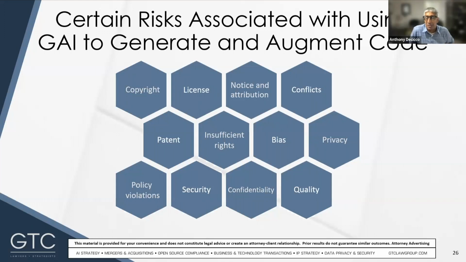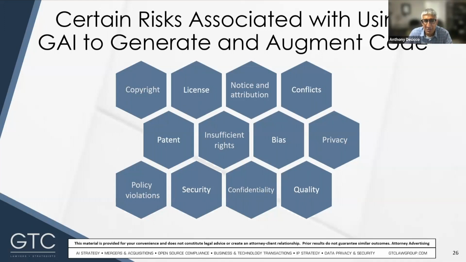The next is notice and attribution. As we know, in the case of open source, almost all the licenses require notice and attribution. That's to tell your downstream recipients, like your customers, that you use the open source code, and you've got to give credit where credit is due. But if you don't know about the license, or even that you have code matching the open source code, you're not going to comply with any applicable notice and attribution obligations.